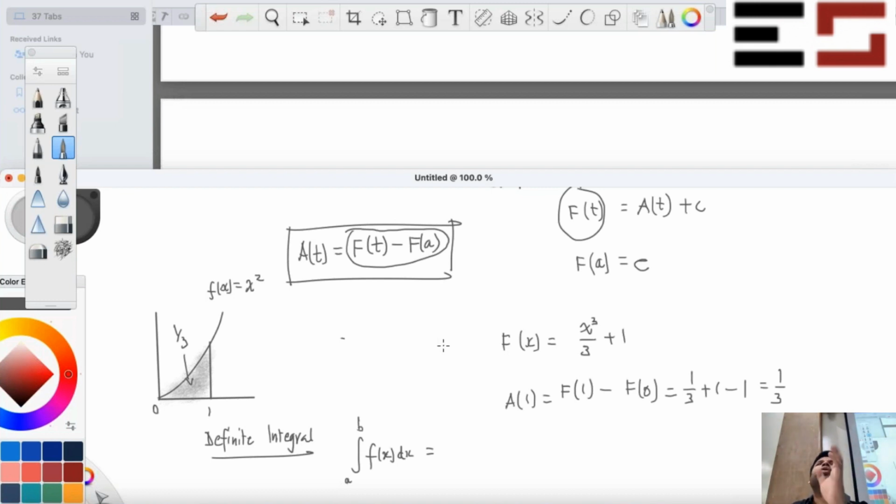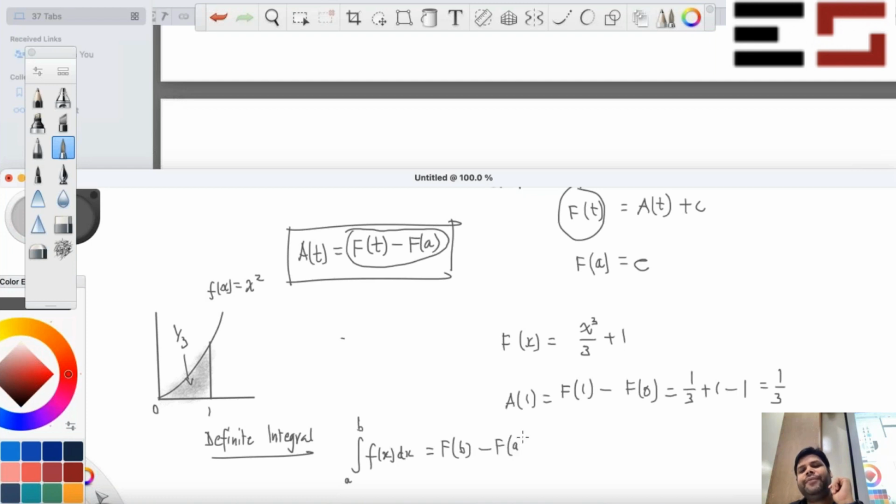But what if f is negative? We are going to use the same definition, but it is not always going to give you the area, because if f is negative, then you'll get something else. Are you getting my point? Sometimes you get a negative value, but the motivation for the definition actually flows from this area function. So the integral from a to b of f(x) dx is nothing but this difference,